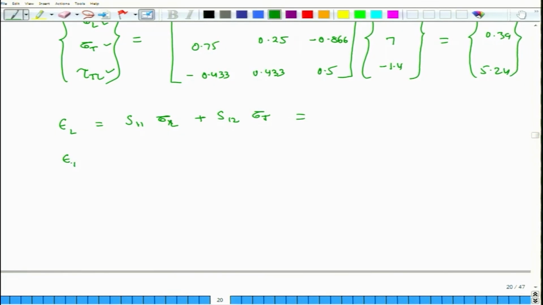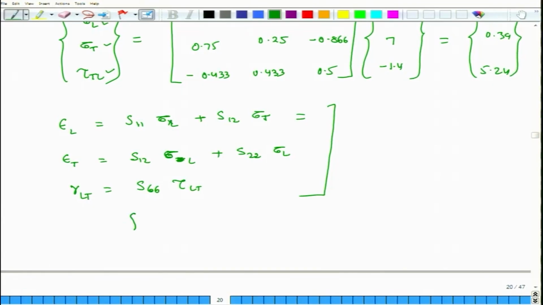Similarly, epsilon T is equal to S12 times sigma L plus S22 sigma T, and gamma LT is equal to S66 tau LT. So, we can calculate these things from here,